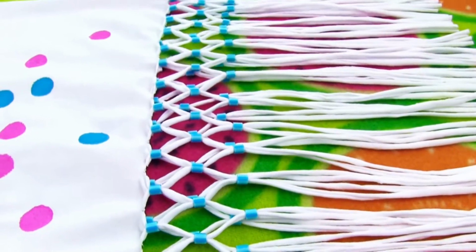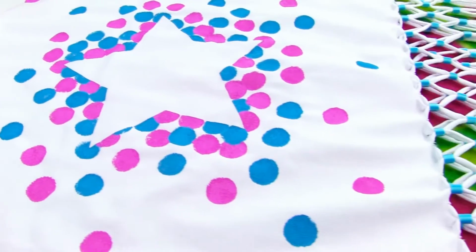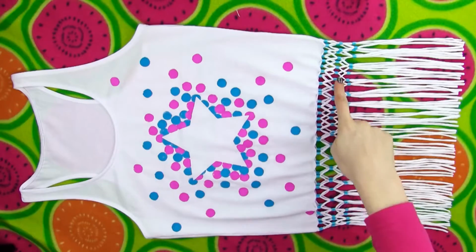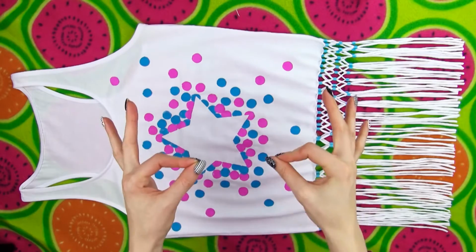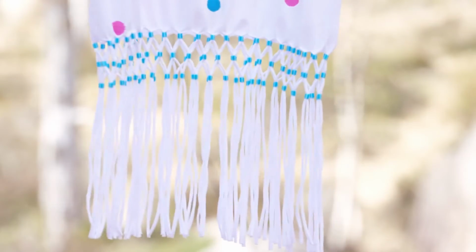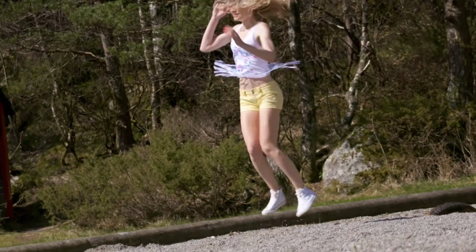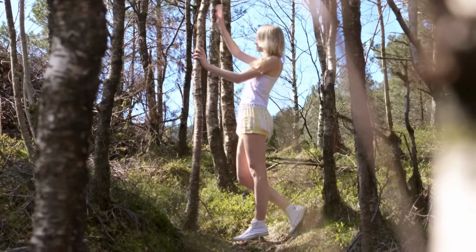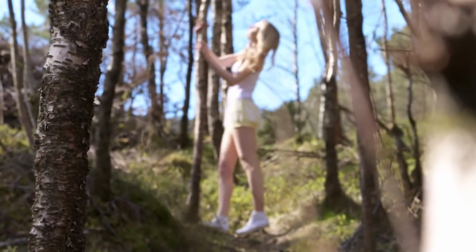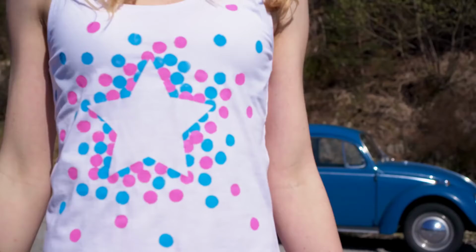See how absolutely out of this world awesome this tassel design looks? I'm so happy with this top, I cannot even explain it. So I'm just gonna shut up. No, I'm not. Fringe is a huge trend this season. I have seen it all over the shops, but I don't even care what's in and what not because I love fringe every summer. Fringe tops just look so fun, happy and flirty, perfect for the hot summer days. Here I simply paired mine with some yellow shorts and white sneakers because with a top like